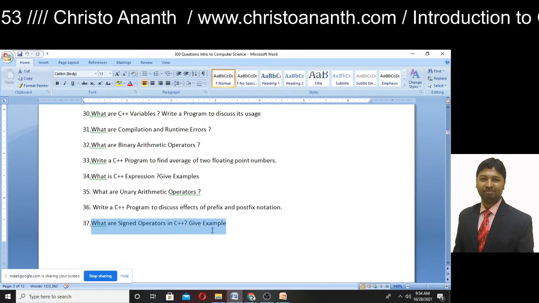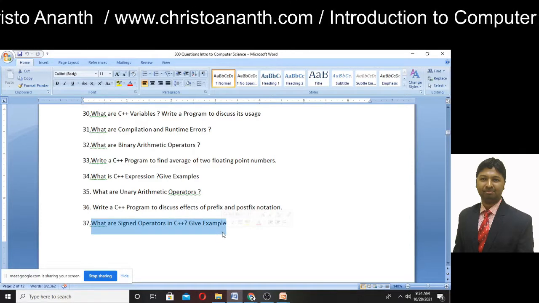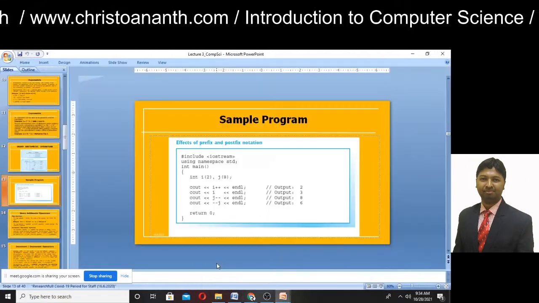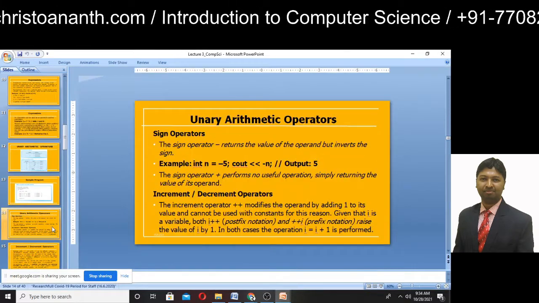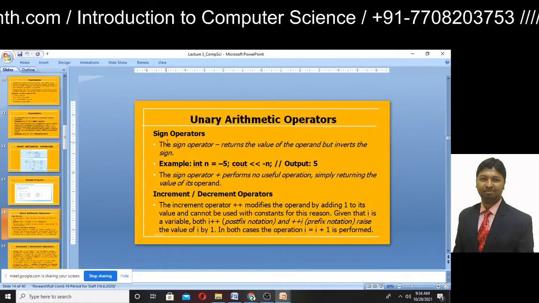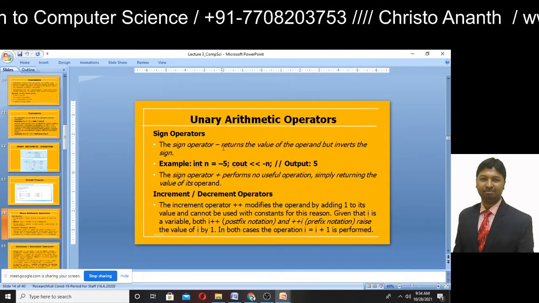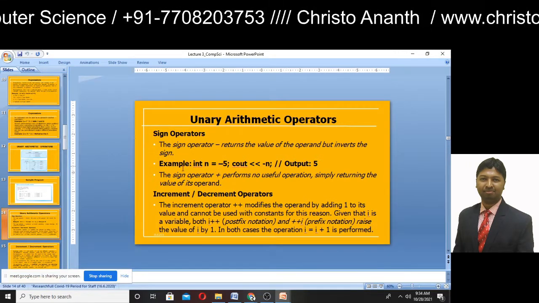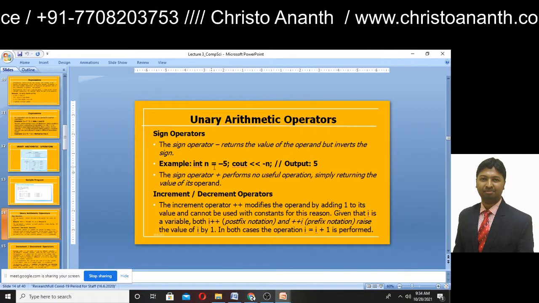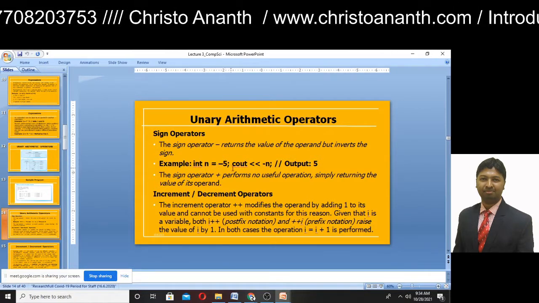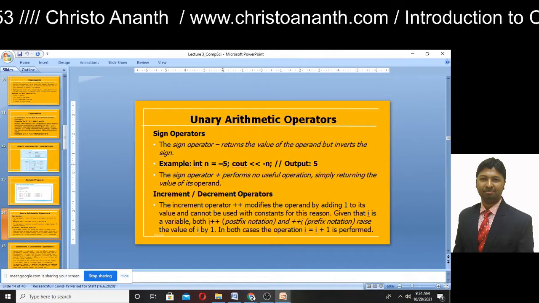What are sign operators in C++? Give some examples. So these are sign operators. It returns the value of the operand but inverts the sign. For example, int n = -5.